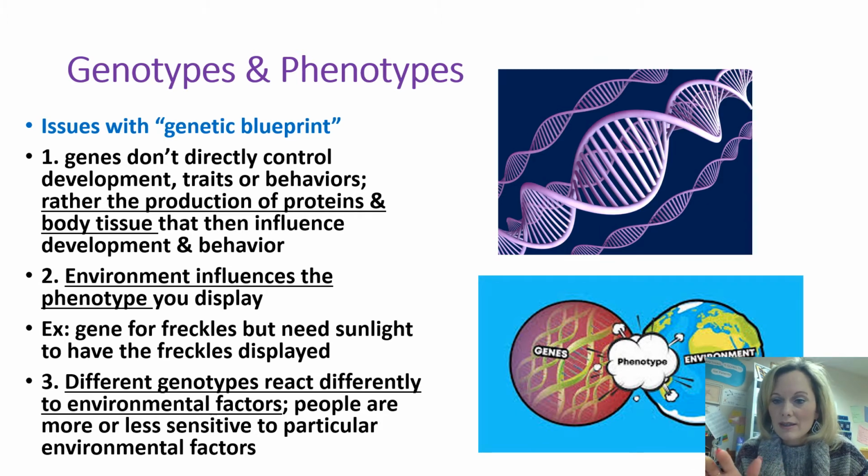Number 2, environment can influence your phenotype. So if it's just a genetic thing, then your phenotype would have nothing to do with your environment. But we know from the examples in the book that, for instance, if you have a dominant gene for freckles and you're not in the sun, then those freckles wouldn't necessarily come out or be displayed as a phenotype because you don't have the environmental trigger. In addition, some genotypes are much more sensitive for certain people, and so forth. They talked about sunburn. So if you had fairer skin, then your genotype makes you more susceptible to sunburn than somebody who has darker skin. So that proves that really genes don't guide everything, that there's other factors as well.